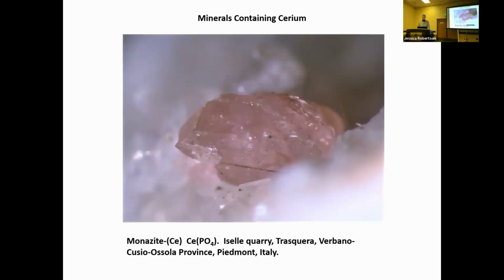Monazite-(Ce). This is from a small quarry in Italy. It's the only rare earth element mineral at that locality. Really simple structure, cerium phosphate. One of the problems with monazite is separating the cerium from the phosphorus. And so that's why it's hard to mine, or not hard to mine, but hard to separate it and get the cerium